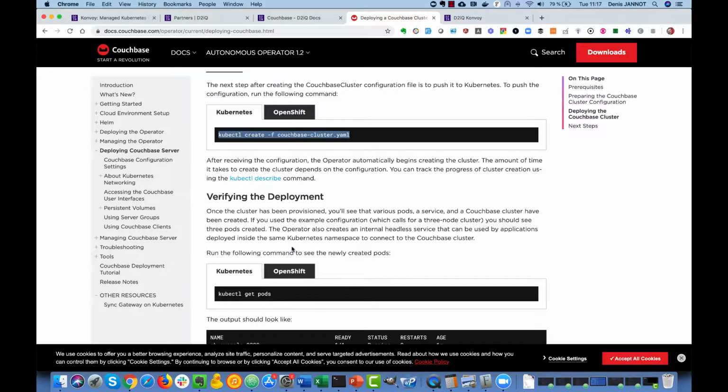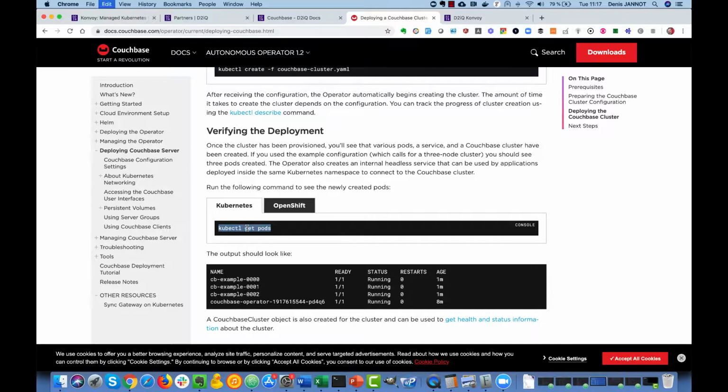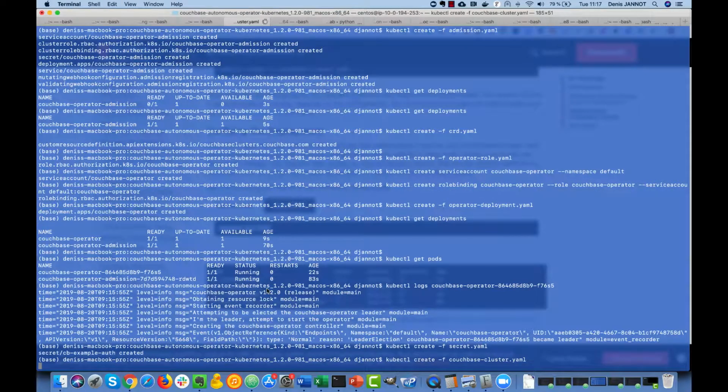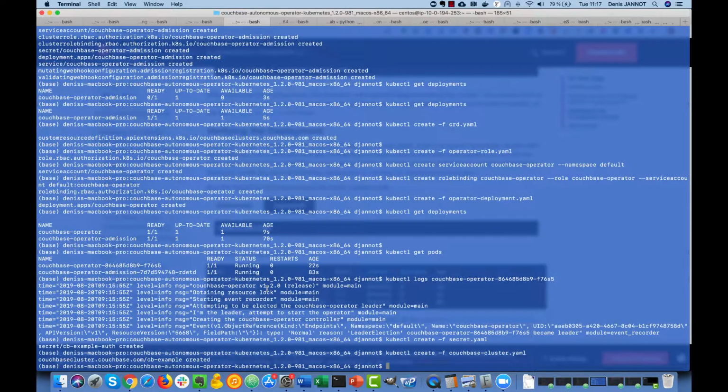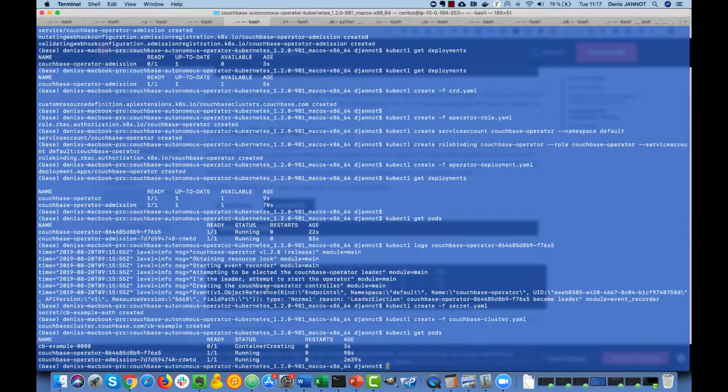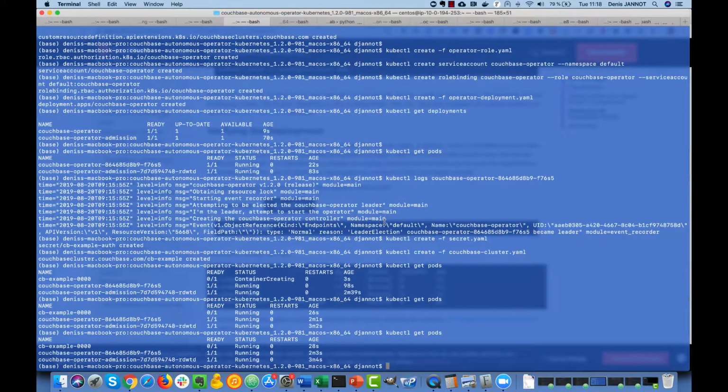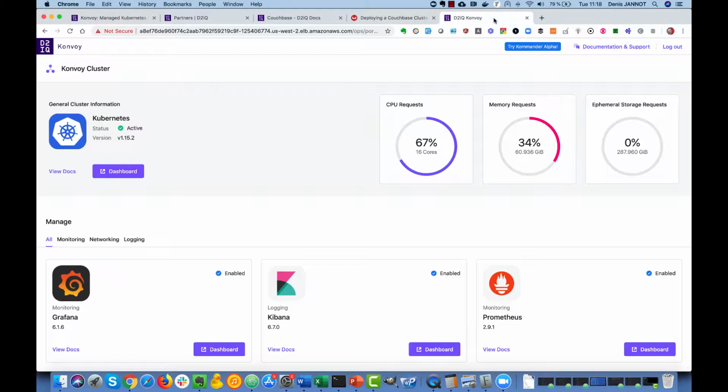Easily, just checking the pods, we'll be able to see these 3 pods corresponding to our Couchbase cluster. It should be first one and then going through creating the other ones. So just wait 2 minutes. At the same time, we can go through Konvoy